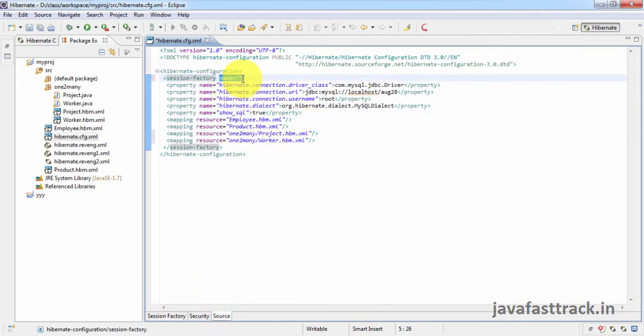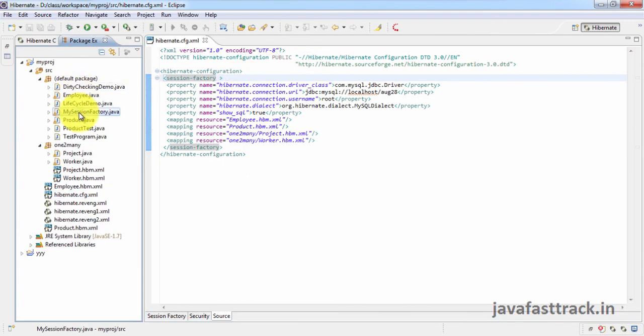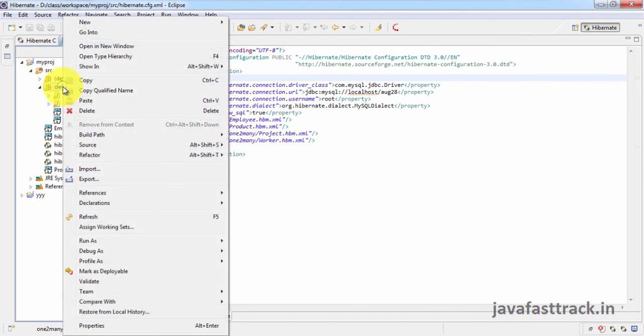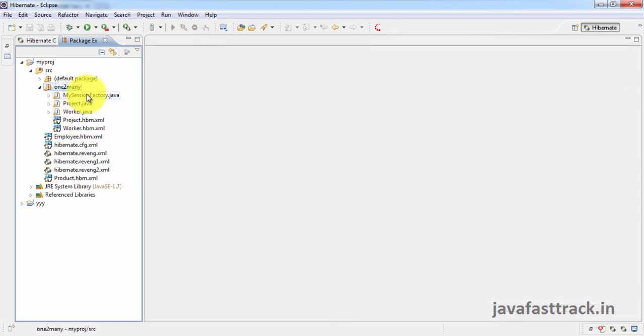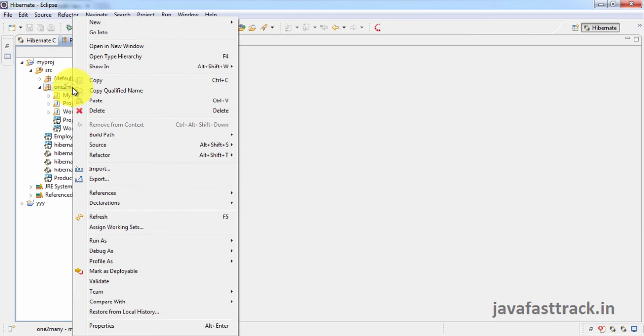Remove the name equal to empty string. I need the session factory also. I'll copy it from somewhere and paste it in this package. Now we have everything ready. We have the Hibernate configuration file, the session factory, the POJO, and the mapping file. Now it's time to write the client program.